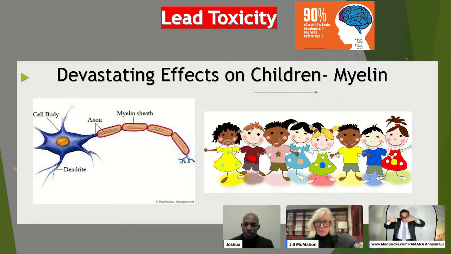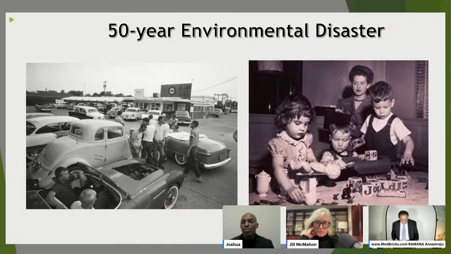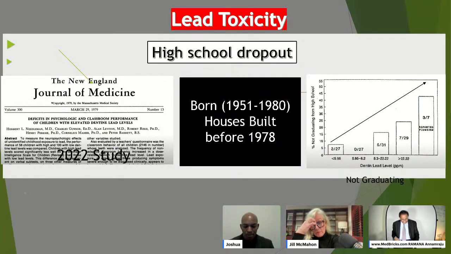that covers the nervous system, the neurons. The myelin is actually broken; the lead is taking apart those myelin sheaths. So fifty years of environmental disaster happened because of the leaded gas and leaded products. High school dropouts are actually related, as the Journal of the American Medical Association, JAMA, a very prestigious journal, said, from 1951 to